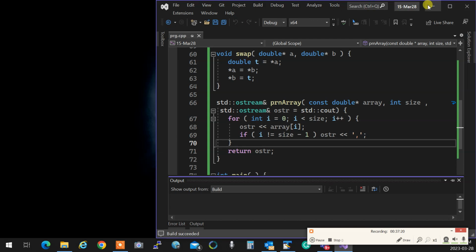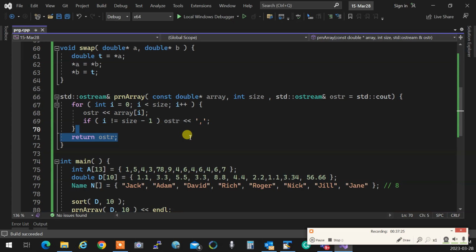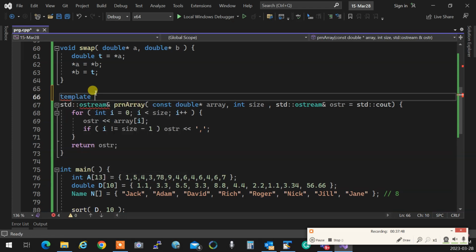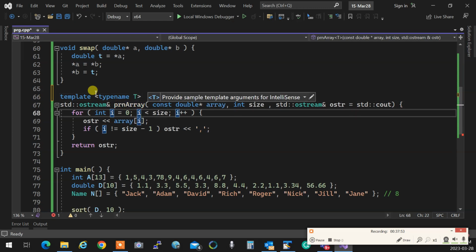So how do I convert all these things to a template so I don't have to rewrite it for the integer and the name? First, I have to put them all in a header file and call it sort. First, print array has nothing. Let's first do the print array. Print array has nothing to do with sorting, so I'm going to make it a template right here. How do I do a template? I'm going to write over here template, type name T, and then think, okay,